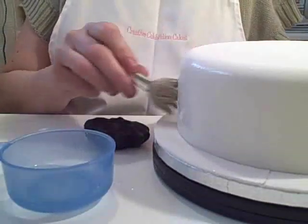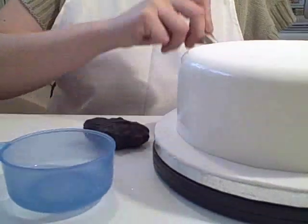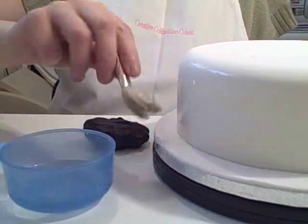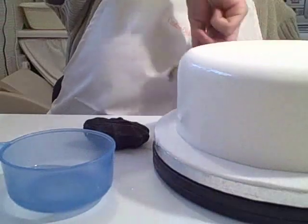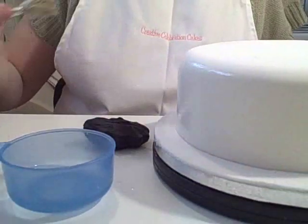Now I'm being quite generous with the water, but I'm not getting it soaking wet because I don't want it dripping all the way around, but I am making sure that it is wet, that it is moist. Okay,